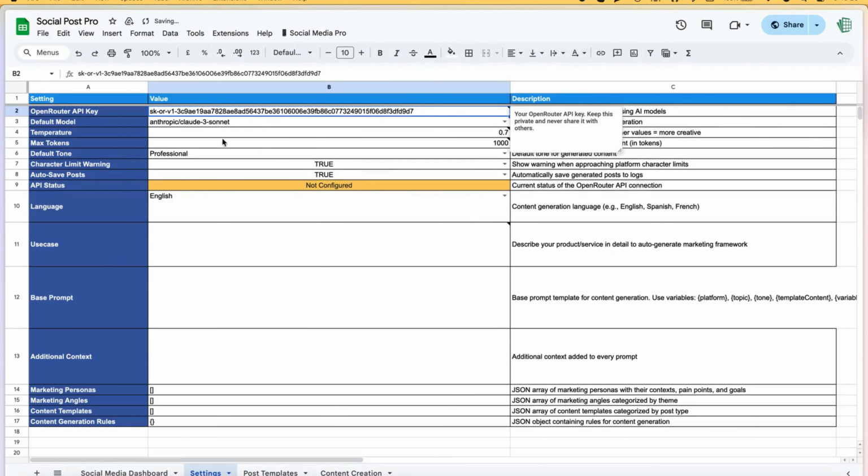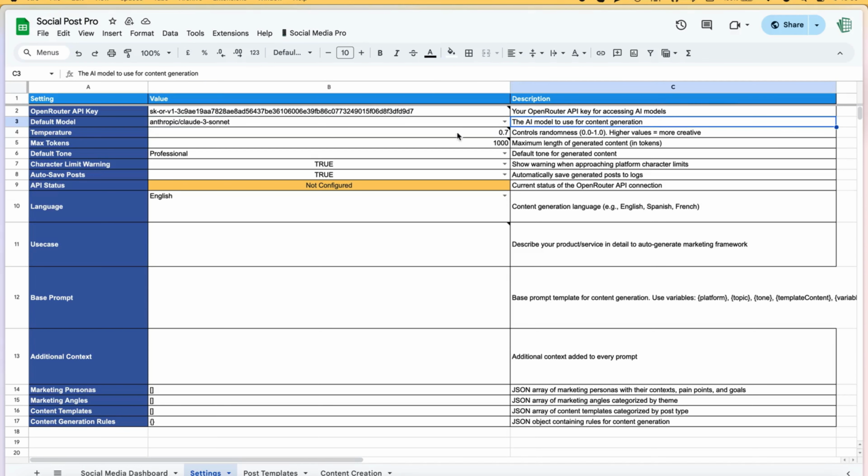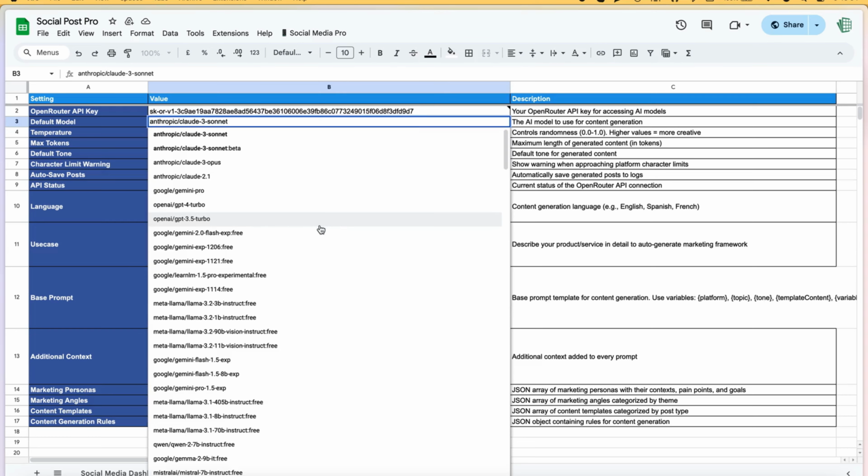Here again, we will be choosing our model for content generation. So I would be choosing one of these models. There are a lot of models for you to choose from.